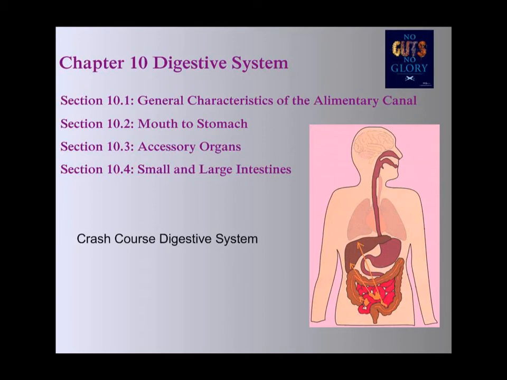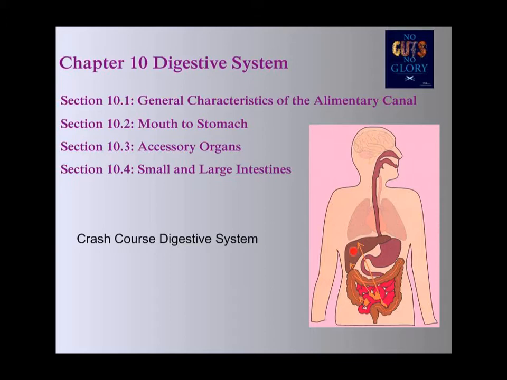Hi, Human Physiology class. This is Mr. Yago, and we're going to look at Chapter 10, Digestive System today, starting out with Section 10.1, looking at the general characteristics of the digestive system, its structure, its function, and something that we call the alimentary canal, which is essentially, if you see here, how food enters and passes all the way down through all of these organs and then out. Okay? We'll also be looking in Section 10.2 at mouth to stomach,